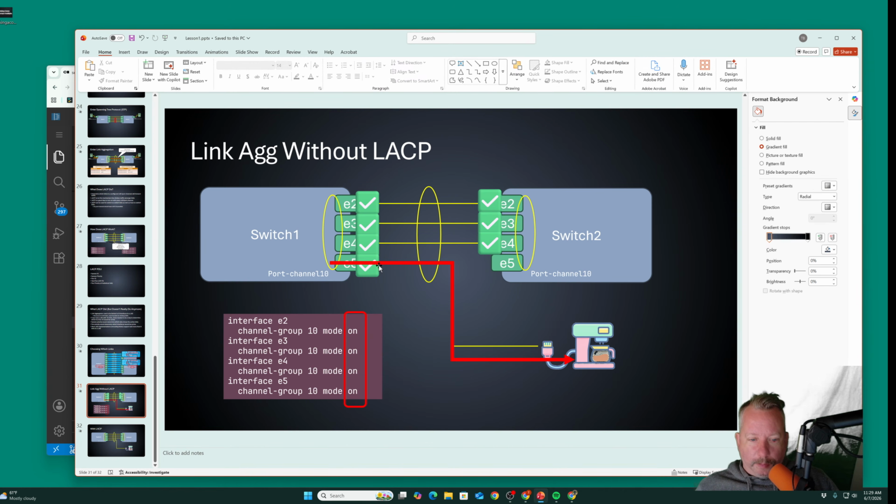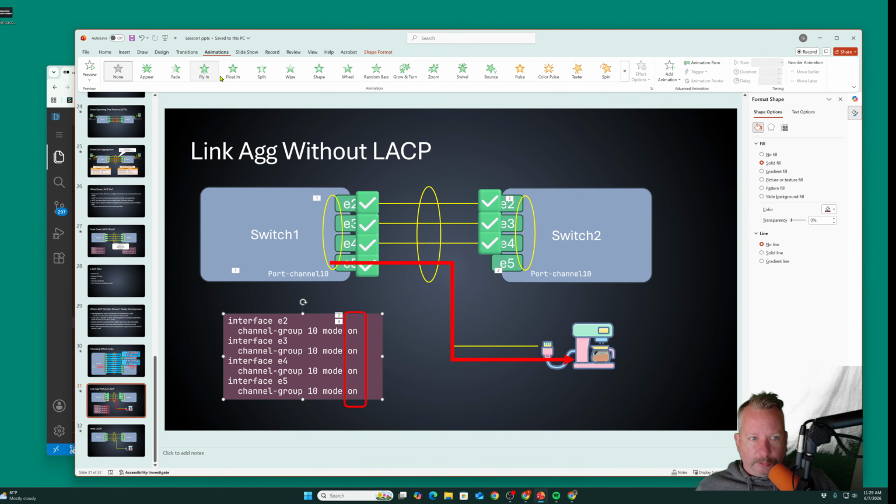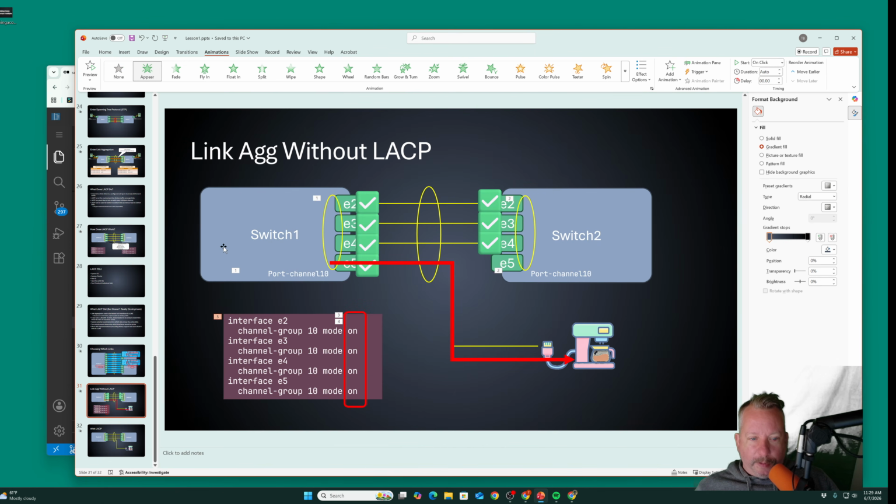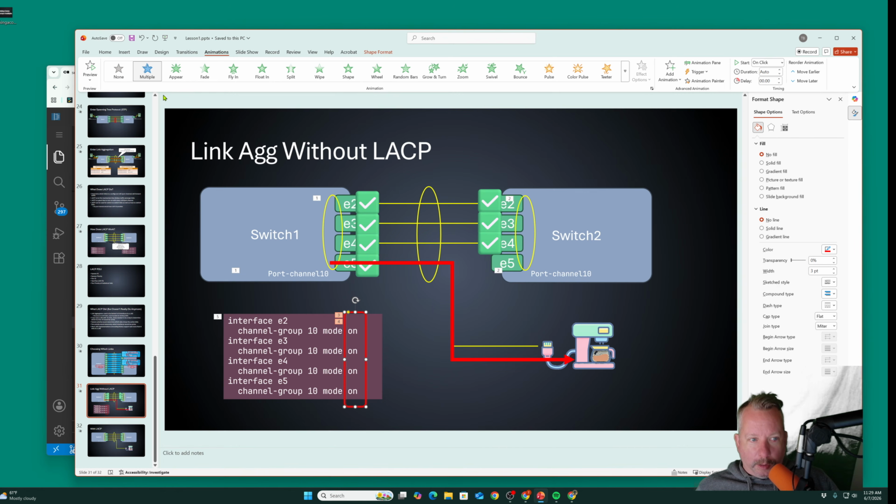Yeah, okay, I like that. So we'll do animations now. So when we configure a link, this is the same config on both sides. When we do mode on,